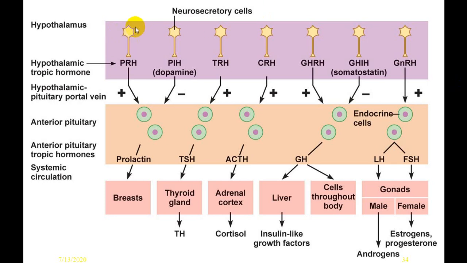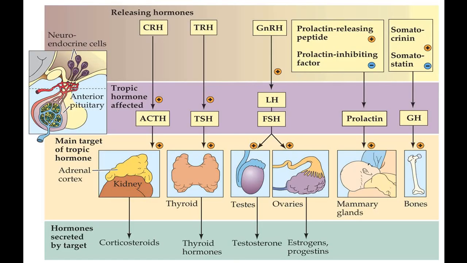So this is how exactly the hypothalamus acts on the anterior pituitary, whether excitatory or inhibitory, and that particular hormone which is the target organ. This is the third layer. This is first anterior pituitary, and this is the third layer, or we call it the target endocrine glands, and this is the secretion of those particular endocrine glands. This is the same, explained on which are the target organs, what are the effects, what are the hormones secreted.